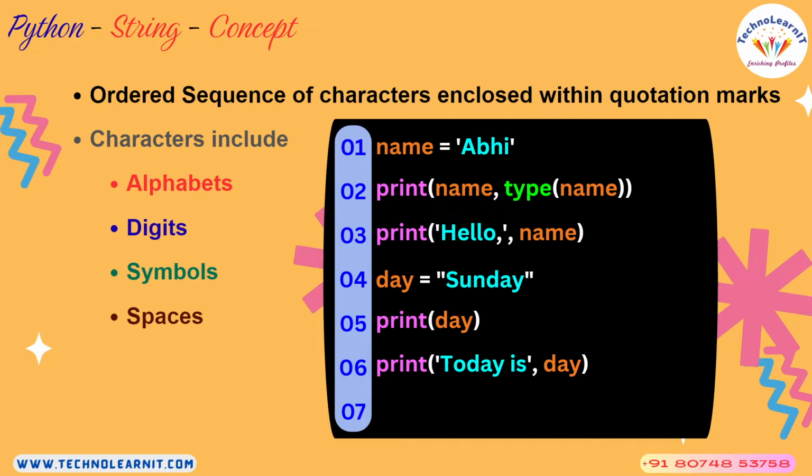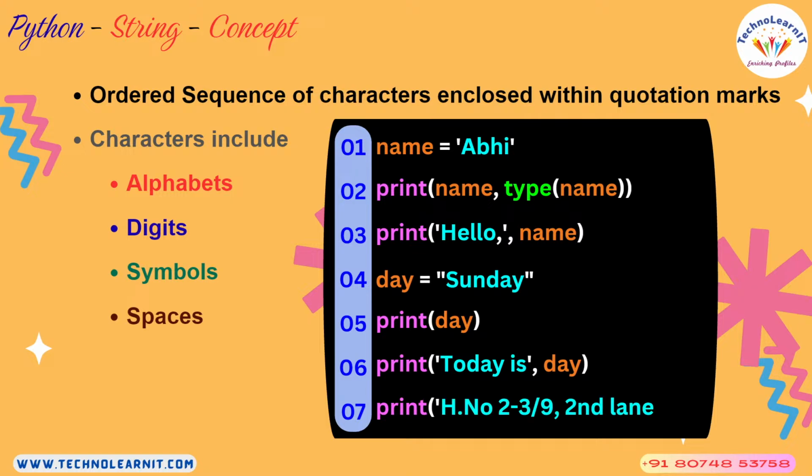And again, here in the next print statement on line number 6, 'today is ' with a space. Yes, space can also be part of a string as we have seen here. Today is, a sequence of alphabets, then you have a space, is again is a sequence of alphabets, everything enclosed within single quotes constitutes a string. Here 'today is ' is a string literal, and comma is used to separate the arguments to print, and day is another string type. So if you execute this print statement, you will be getting today is Sunday,